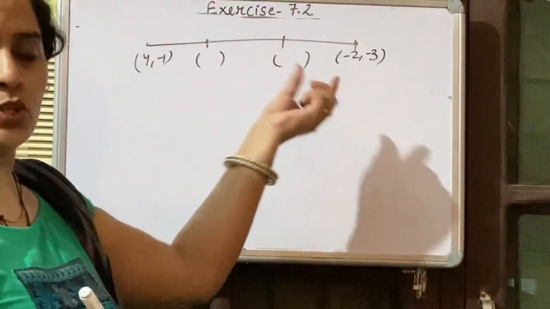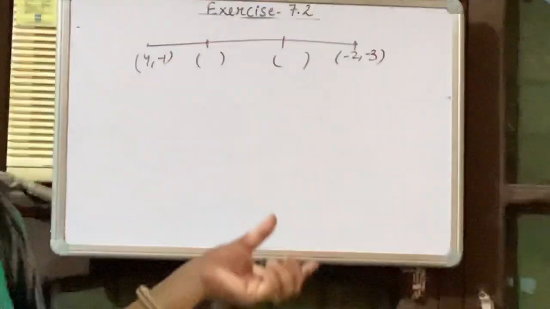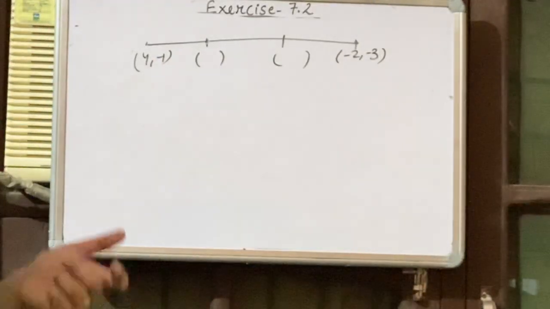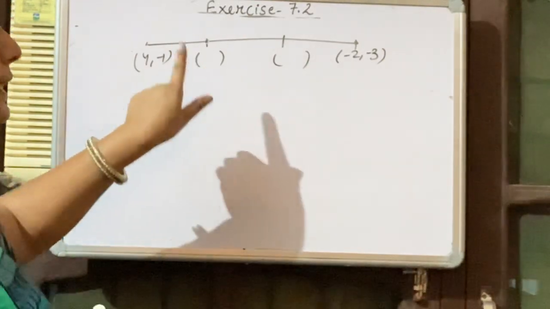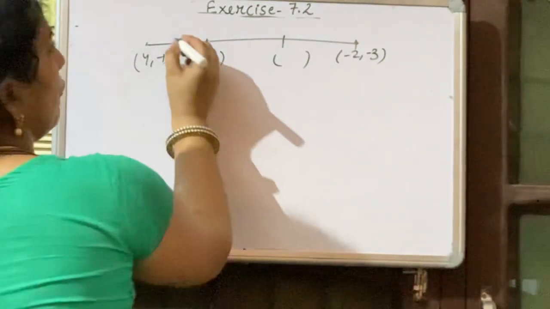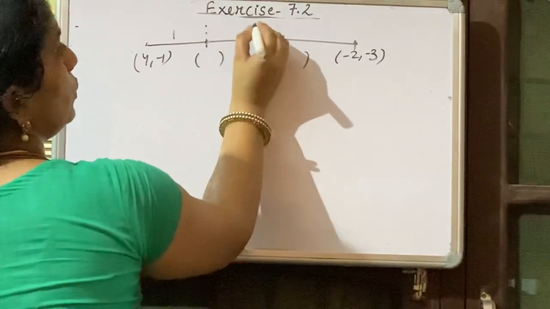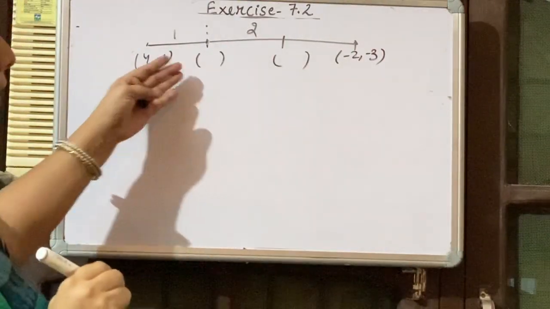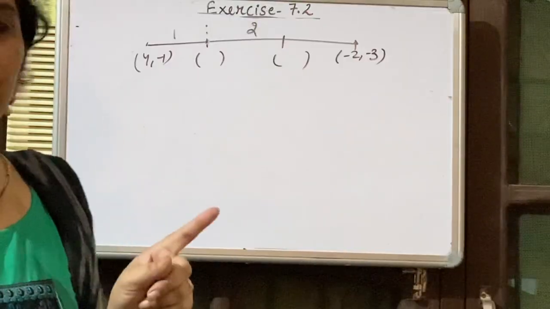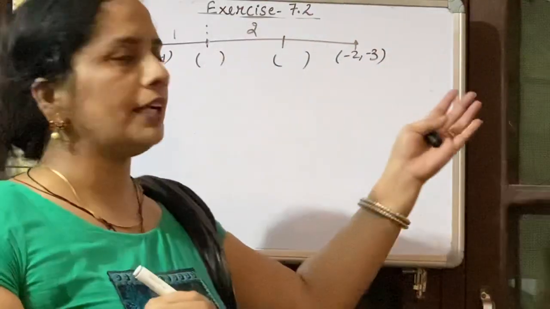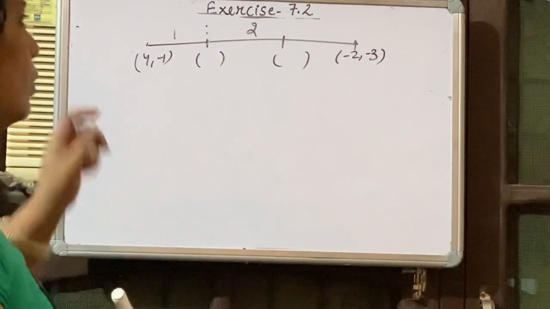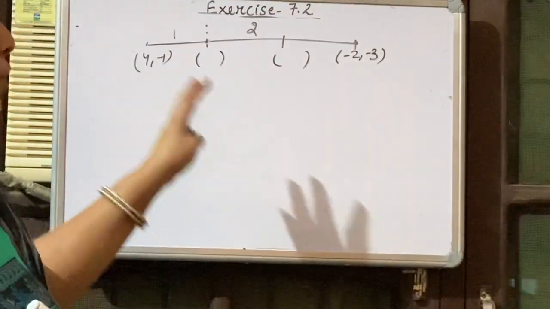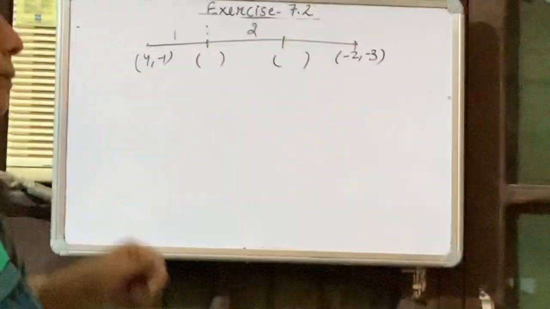Similarly for this point. So in this question you have to find out the coordinates of both of the points. If first we consider this point, then the ratio will be 1:2, because if we count the sub parts, on the left hand side we have just one part and on the right hand side we have 2 parts. So regarding this point, the ratio will be 1:2.